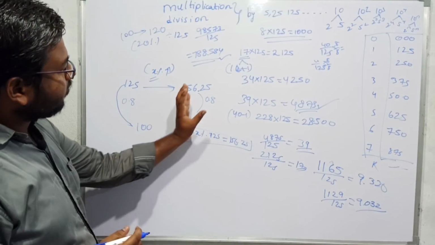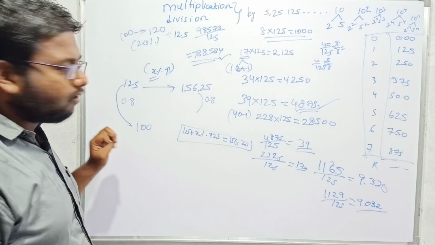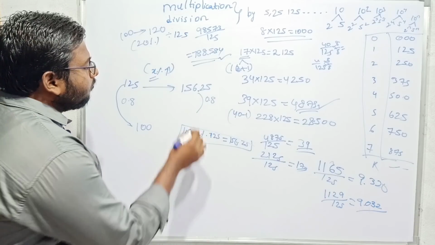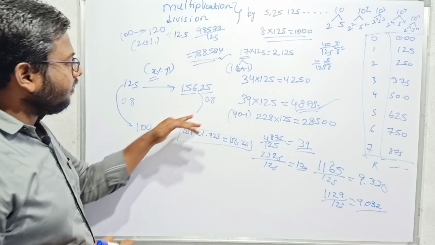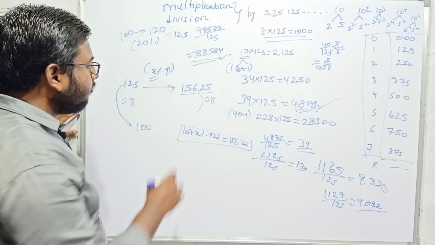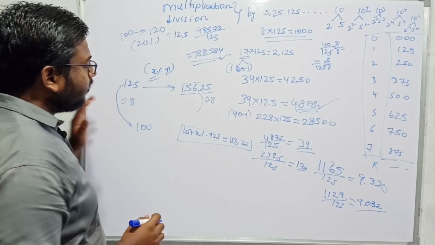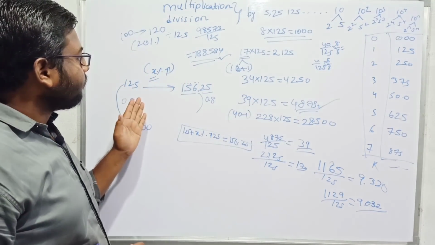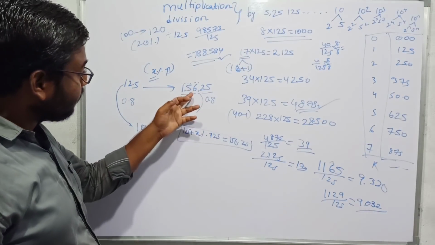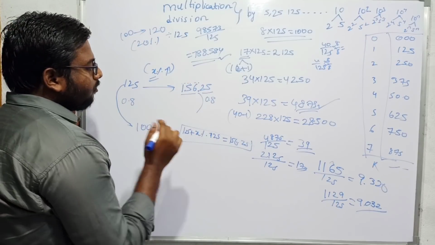So I will first forget about the points and calculate 8 into 15625. You can calculate orally also. First I will make the grouping of 15625 and first calculate 156 into 8. For calculating 156, I will make groups 15 and 6. 15 into 8 is 120, plus 48 is 1248. 1248 plus 2 is 1250.